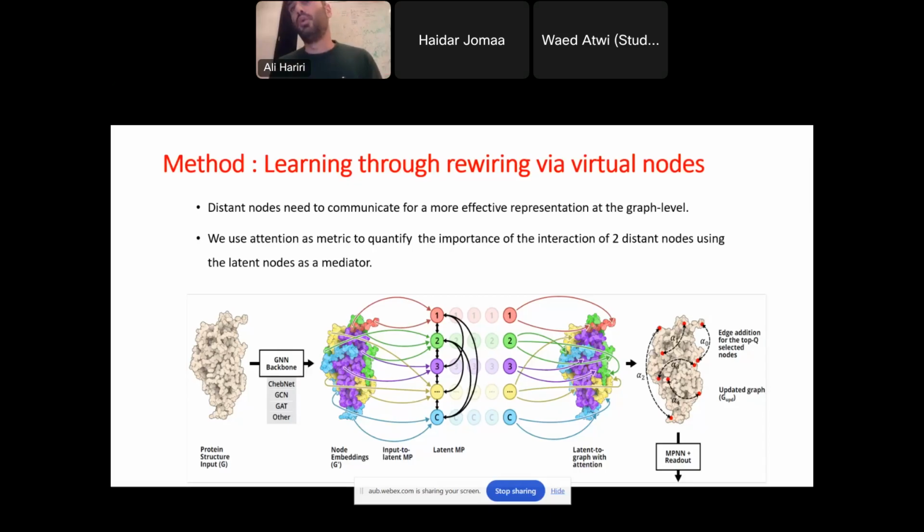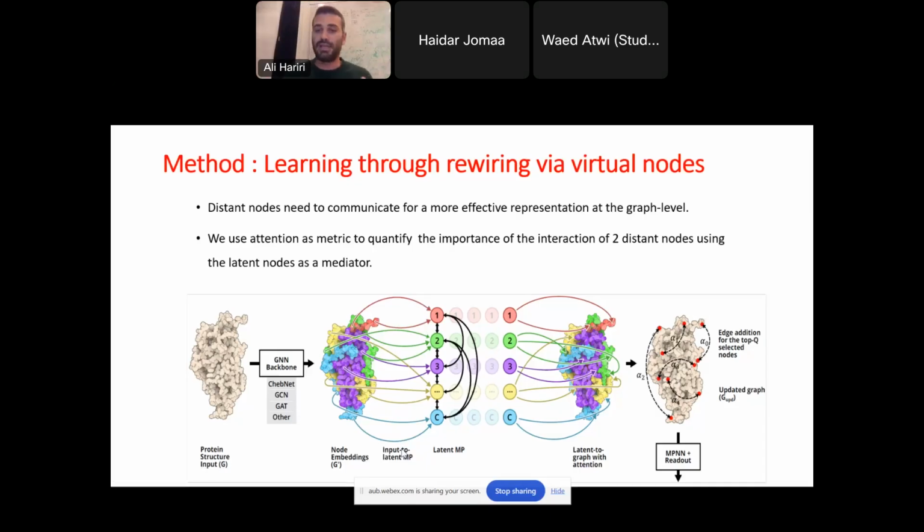How do I do that? Well, on the level of the edges, if you think about it, I now have attention weights. Why? Because if I use a graph attention network, as I said, from the input protein to the virtual nodes, then I can have some extra scores on the edges, which are called the attention scores. So now I can start pruning the connectivities based on these attention scores. I can say the edges with the top 20% attention will remain, and everything else is irrelevant. This is something that I manually set.